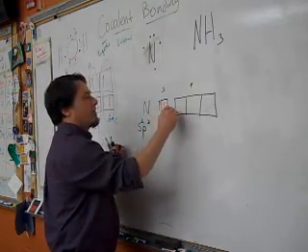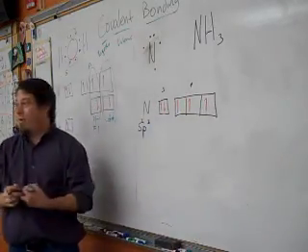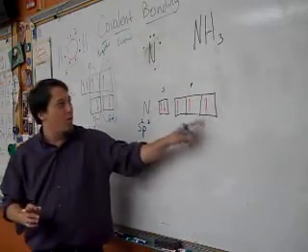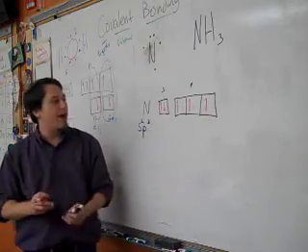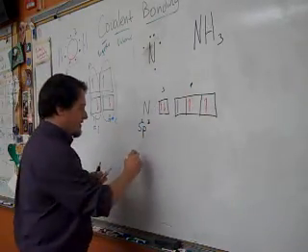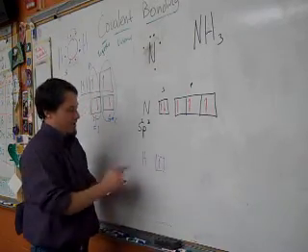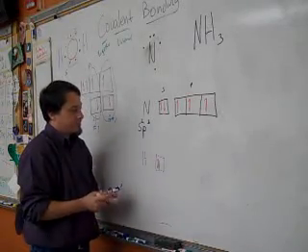Here's the full s orbital. Here's the 3 half-full p orbitals. Can you already hopefully start to see where this is going? Why we have 3 hydrogens in NH3? Yep. It's because there's 3 half-full orbitals, and so when hydrogen, which is still that, color coding, still that hydrogen